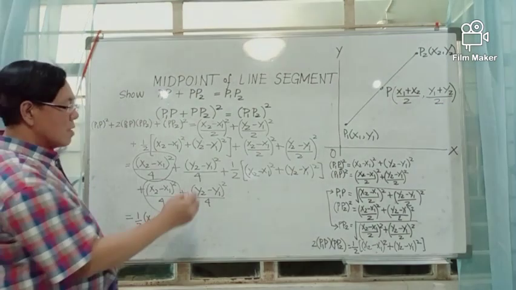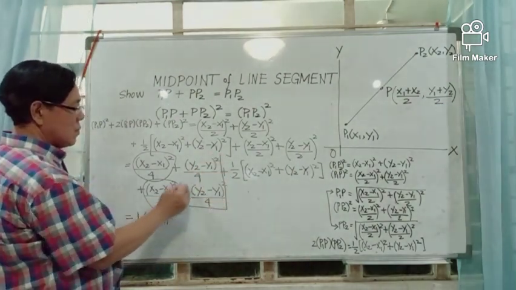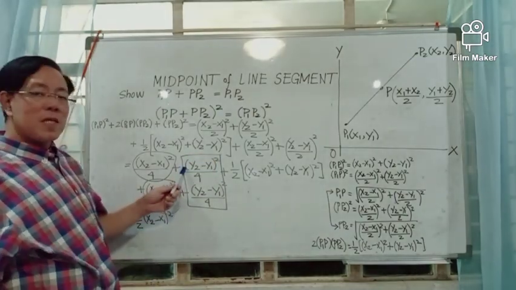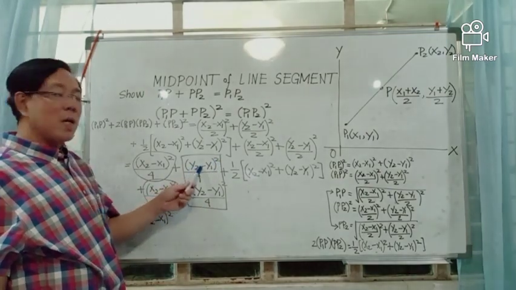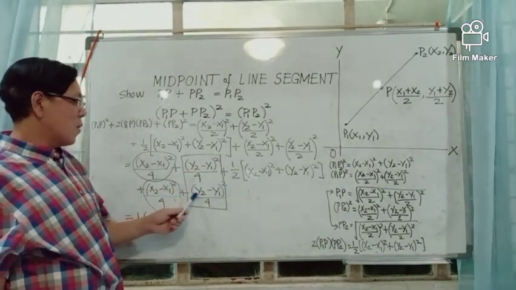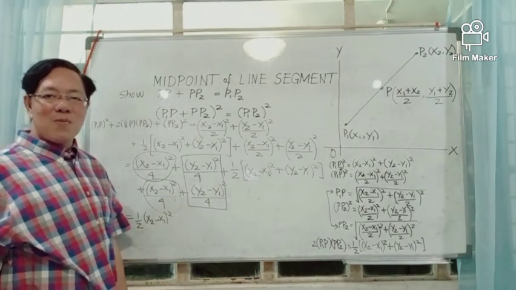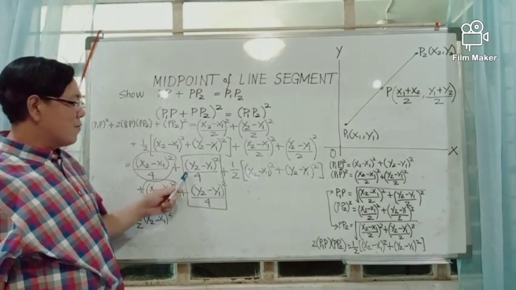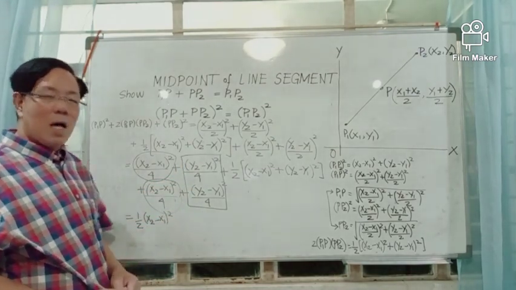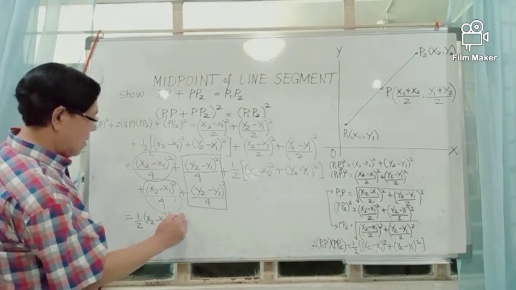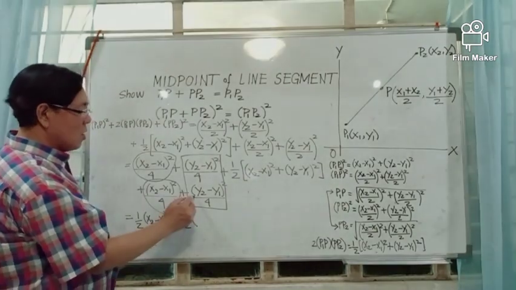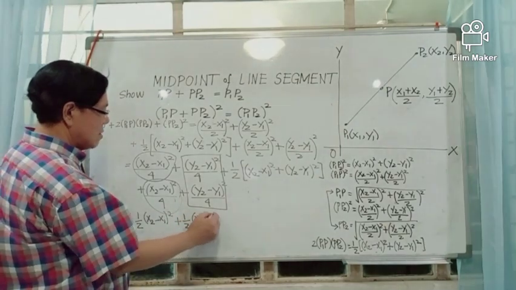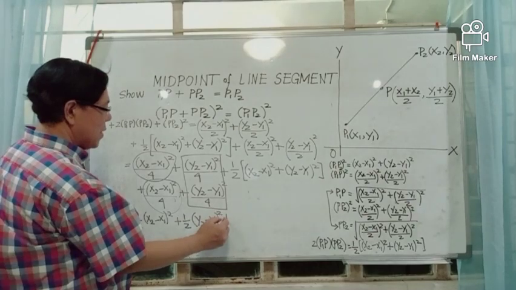And we combine these two terms. They are similar terms. Their common literal coefficient is the square of y2 minus y1. Thus, we add their numerical coefficients. 1/4 plus 1/4 here is 1/2, times the common literal coefficient, the square of y2 minus y1. Plus,